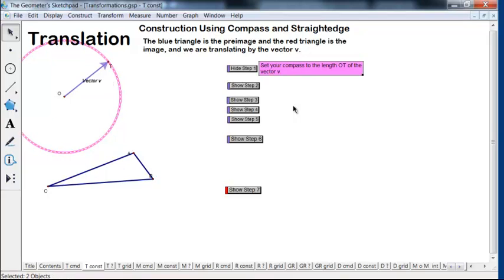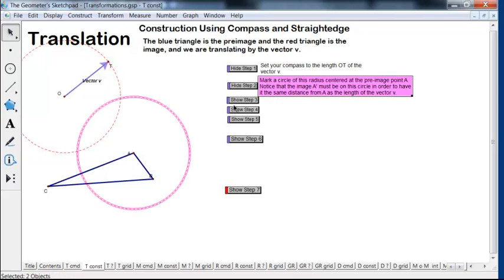Now go down here to whichever point we want to move, let's say A, and make a circle centered at A with that same radius without moving it. So we know that A prime has to move that far, so it has to be on there. Furthermore, we know A is kind of up and to the right, so you really don't have to draw the whole circle. We know it's going to end up over here in this part somewhere. So if you want to just maybe draw an arc across here somewhere and leave out this part down here,